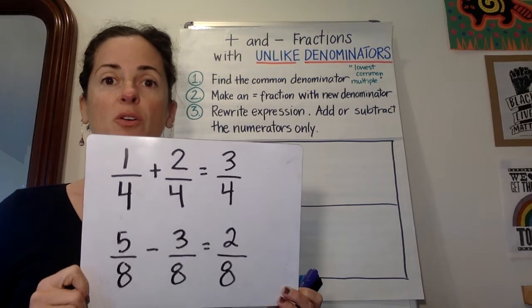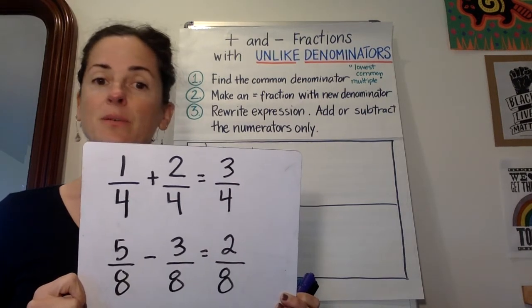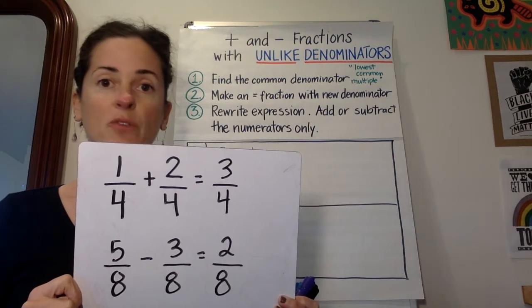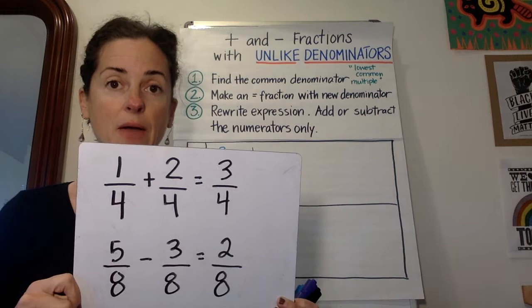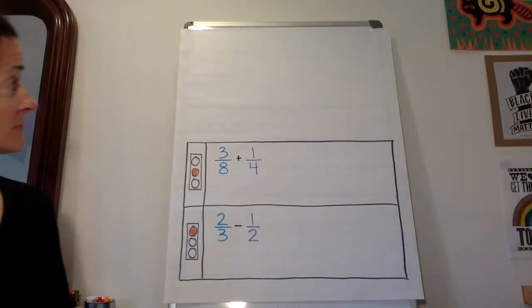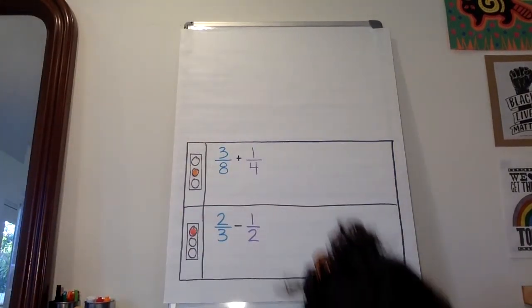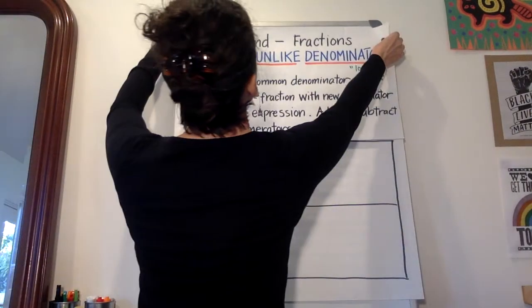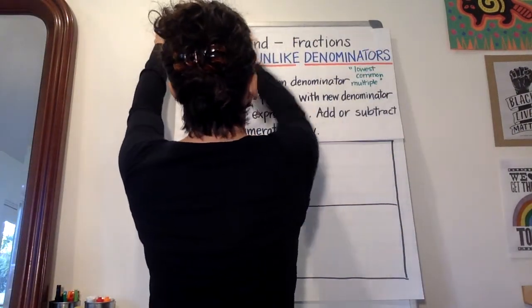So we call this a green light problem because we didn't need to change any of the denominators. We didn't need to find equivalent fractions. We could just go ahead and add or subtract. Whoops! That is not going to be the case in fifth grade. You are going to have times where you need to